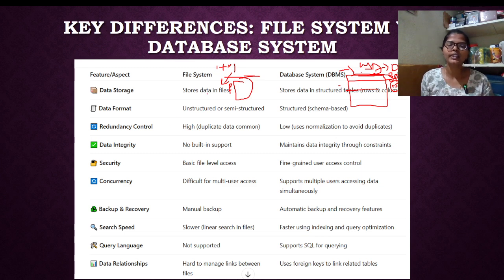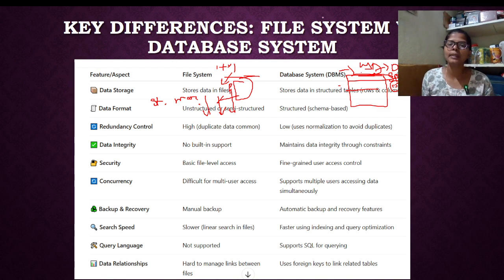Next. Here, is the data formatted in a file system? No, we cannot say it is formatted data; maybe unstructured or semi-structured. Like if you take a student name and marks, you just have information on a particular section, their students and marks. You did not arrange it properly, like roll number wise or marks wise or grade wise. You did not arrange it, but you have the data of a particular class, students, and marks.